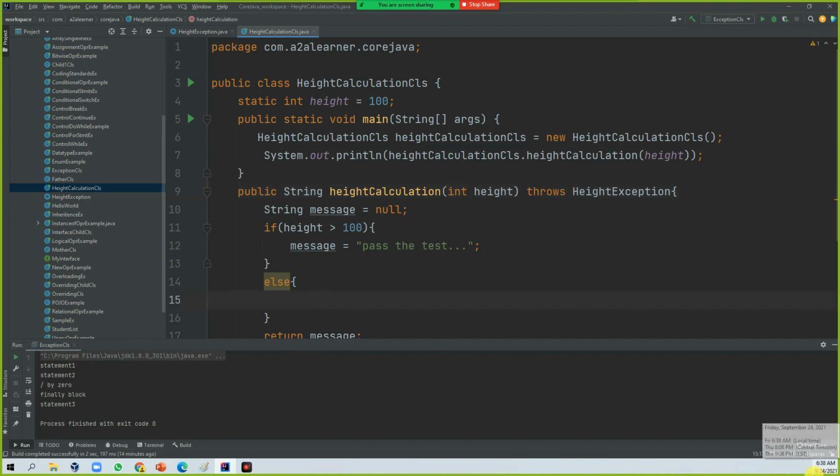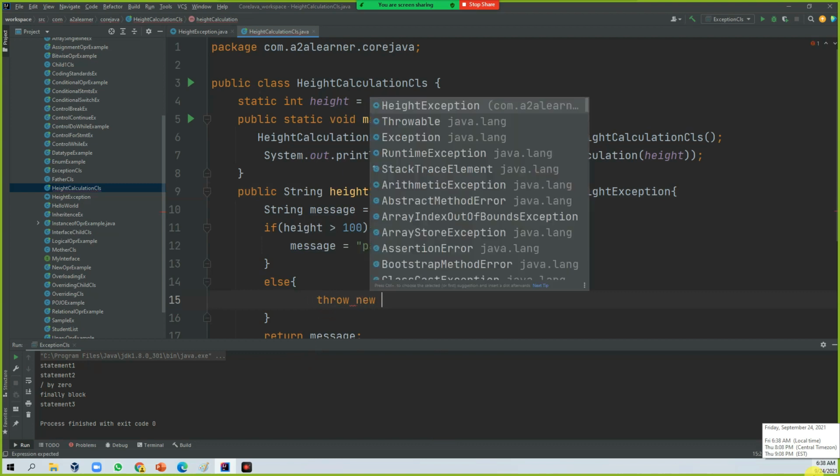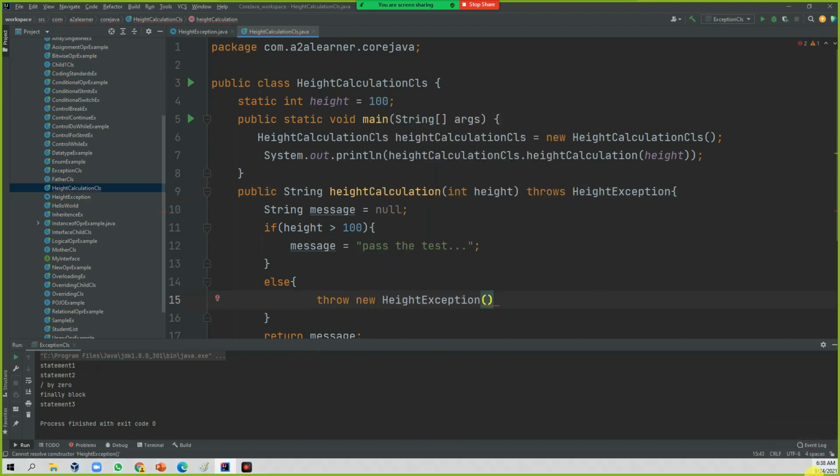Now you are going to add throw new height exception with some message, failed the test, some message you're just giving back. In this case you are throwing the exception with the object and message.